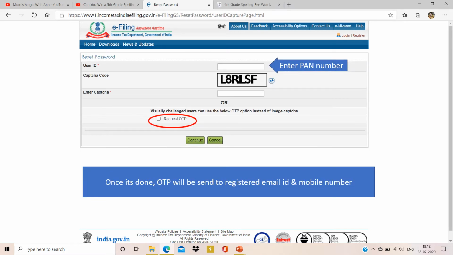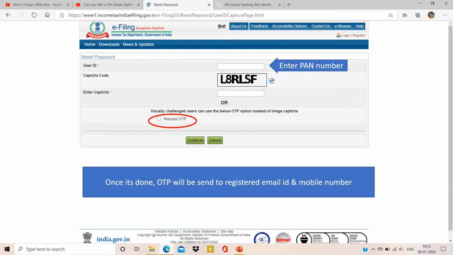This gives you the next screen where you have to generate an OTP. Two OTPs will be generated, one for your email ID and one for your registered mobile number. Both will be sent immediately, which will help you to create a new password.